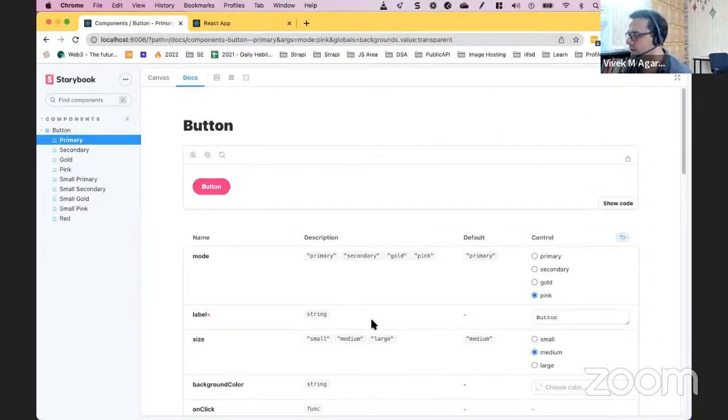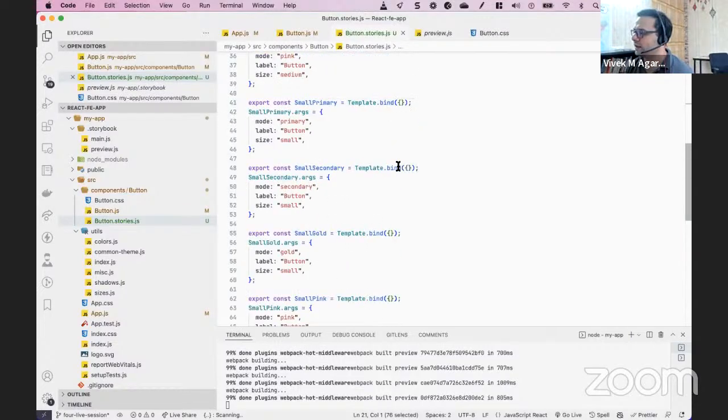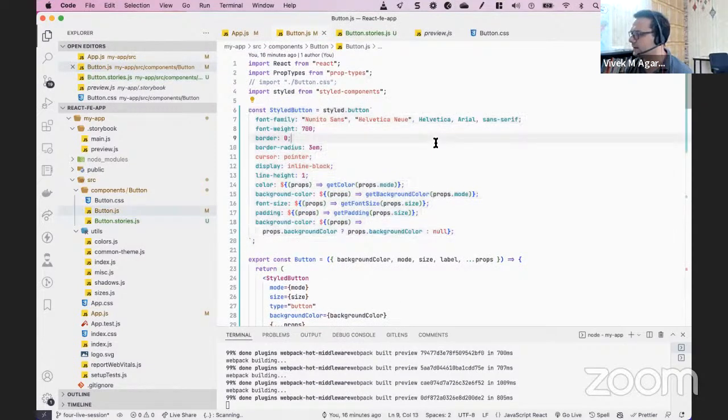एक और चीज मैं बताना चाहूंगा कि Storybook is not dependent on styled components. They are two different topics. अगर हमने styled component में refactor किए बिना भी अगर हम storybook बनाते ना, वो बन जाते हैं, right? So storybook is not dependent on styled component, but it's a very common practice कि usually styled components are used to style React components and Storybook is used to create a living style guide for